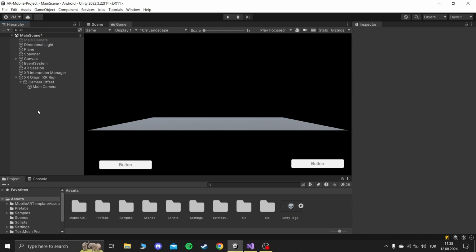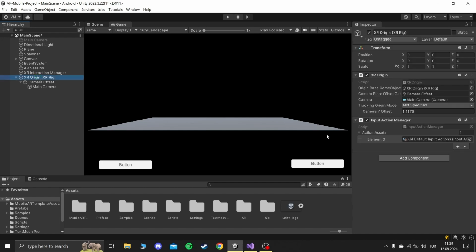These components form the backbone of an AR experience, providing the necessary functionality for interacting with the real world through augmented reality. Now we have our essential components in place, we have converted our game to a minimal AR version. After setting up the basic AR components, we will explore some popular AR features that you can add to enhance the AR experience. To see these features, we will click on XR Origin